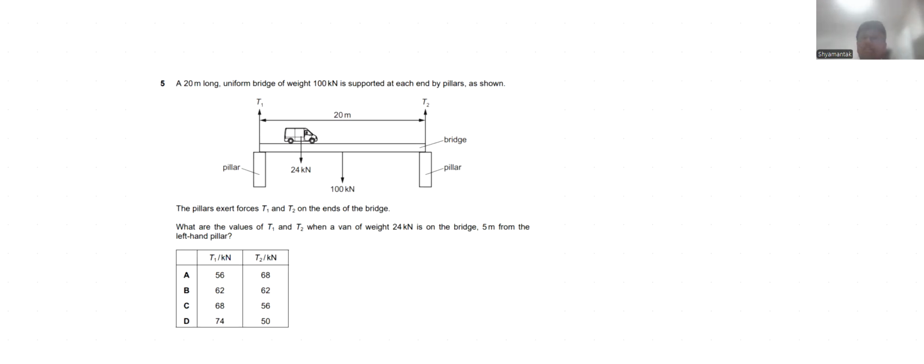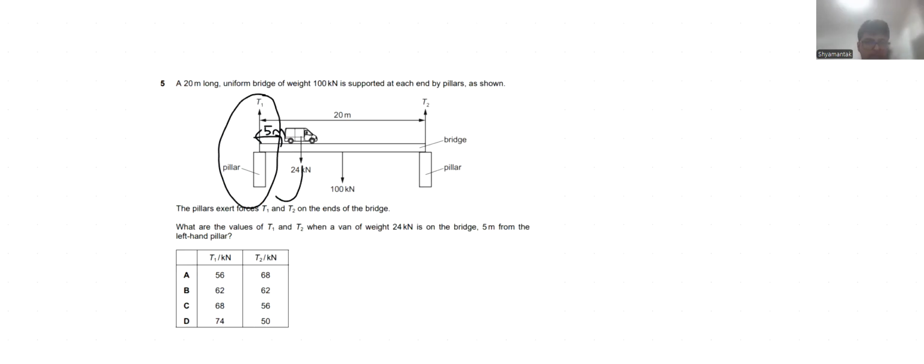Most of the information is given, but one piece is not. 5 meters from the left-hand pillar in the diagram. So I would write that down. Okay. Now, the strategy in solving such questions is to consider one of the pillars as a pivot. Say I consider the left pillar as a pivot. Then this